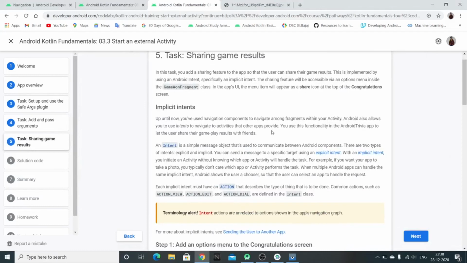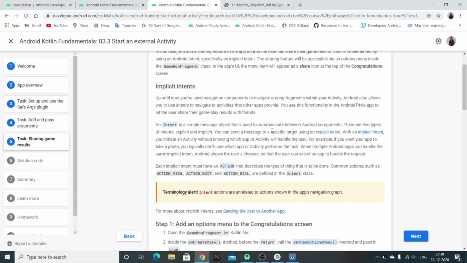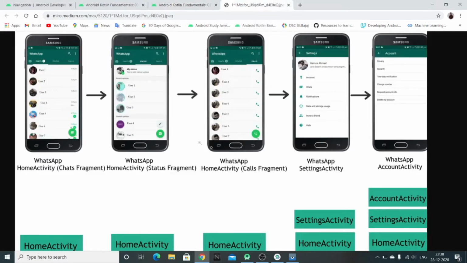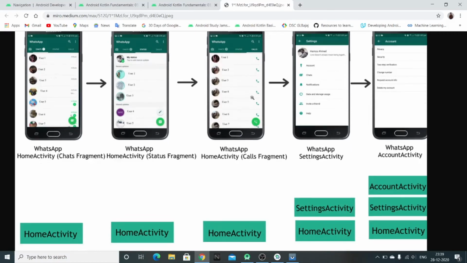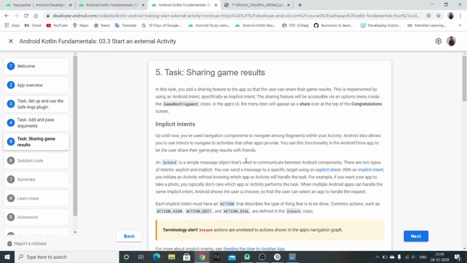So here now we'll be adding some implicit intents. So what are implicit intents? When you are passing data in the same app, then we use implicit intents to pass that data. Like here in WhatsApp, you were in your profile, then you went up to settings. So suppose you want to pass data between these activities or between the fragments. So passing data between those fragments of the same app will be counted as implicit intents,